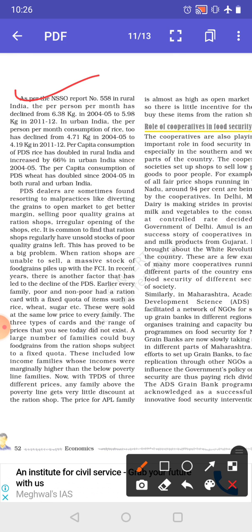While per capita consumption of public distribution rice has doubled in rural India and increased by 66% in urban areas since 2004 and 5. Now what does this show? कि जो फार्मर्स हैं वो क्या कर रहे हैं, वो नॉर्मली मार्केट में इन चीज़ों को भेज नहीं रहे हैं, जिसकी वजह से क्या हो रहा है कि जो राइस का कंजम्पशन है वो नॉर्मल लोगों के बीच में उसकी जो वैल्यू है वो लोअर होते जा रही है, वहीं वो सारा राइस कहाँ भेज रहे हैं, बफर स्टॉक में